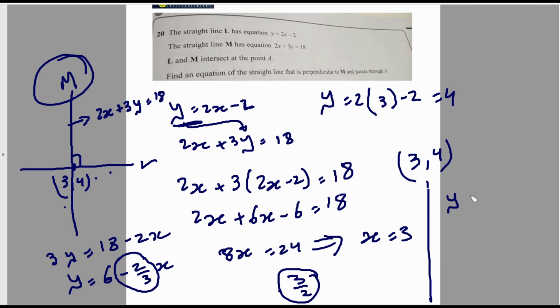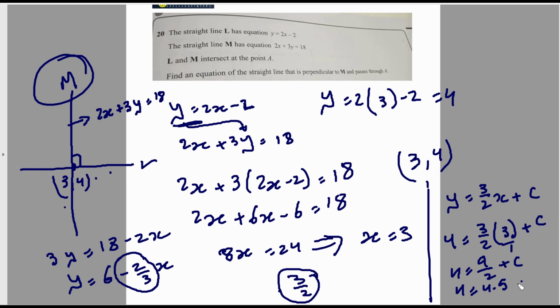If I write here y equals 3 over 2 x add c, so I sub in 3 and 4. So 4 equals 3 over 2 times 3 add c. Put this over 1, so it's going to be 9 over 2 plus c, so 4 equals 4.5 add c. Take away 4.5 from both sides, so c equals 0 minus 0.5. Sub it here, so your final equation is y equals